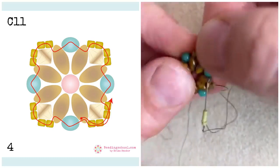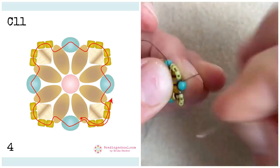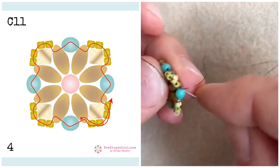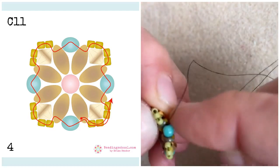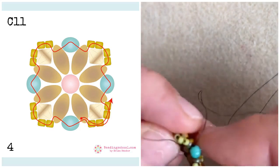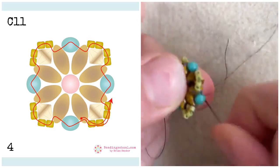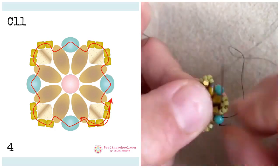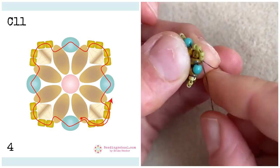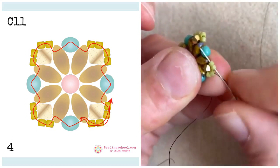I'm adding now the 4th, last group of 4 DELICA beads. And then I finish this step. It's getting tighter and tighter to bead through the SUPERDUOs, so be extra careful here. And I want to finish by beading through a SUPERDUO and then 4 pieces of MIYUKI DELICA beads that are